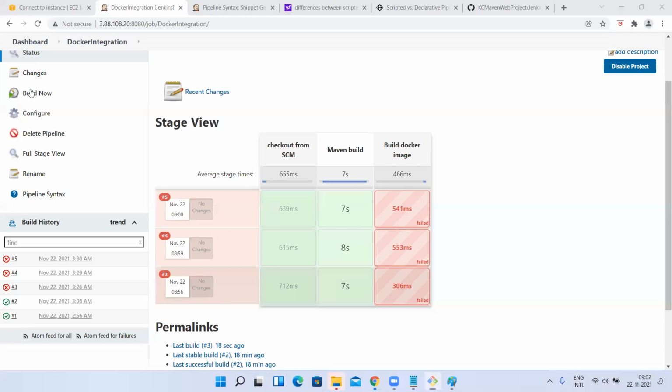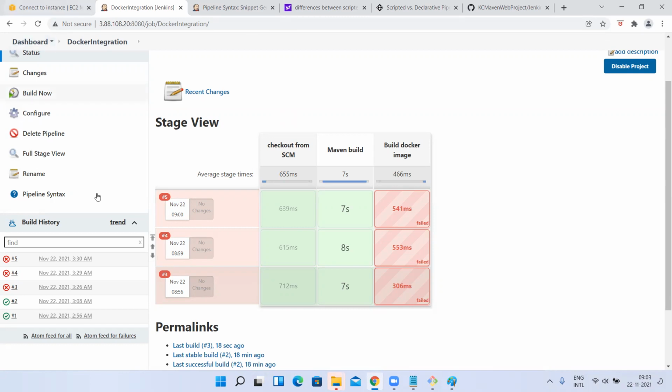But here, who will execute the script? What user do I need to add to the Docker group now? Tell me. I said this is important. I said in one of the previous classes, I highlighted this. What is the user I have to add to the Docker group now? Jenkins. Jenkins user. Exactly, man. I'm happy, right?